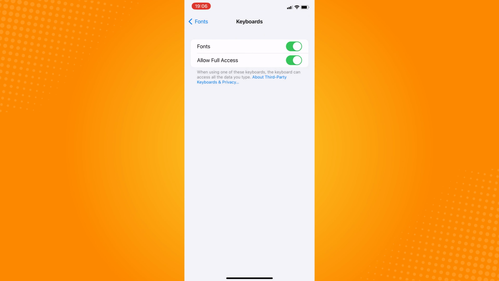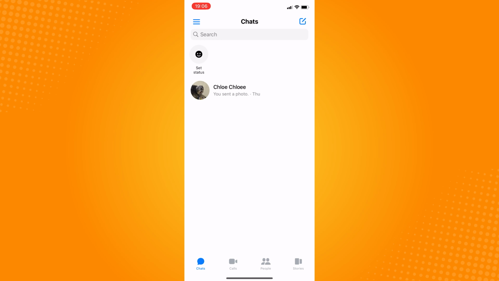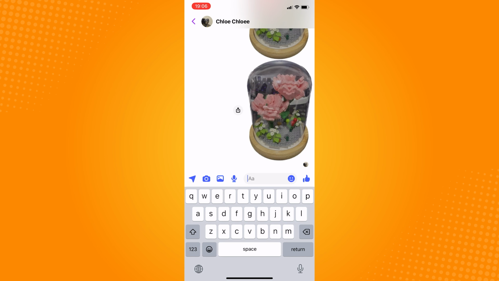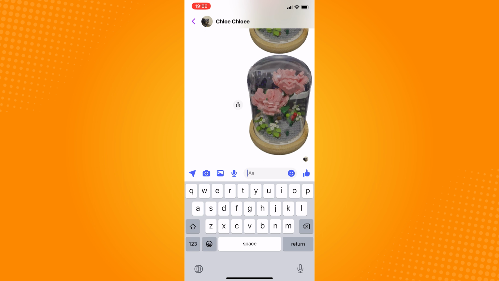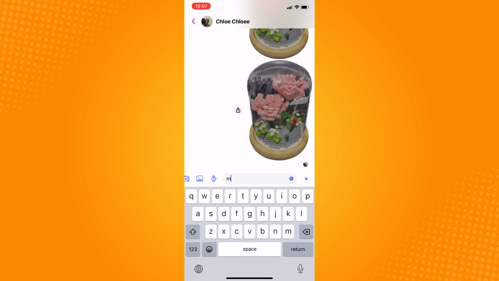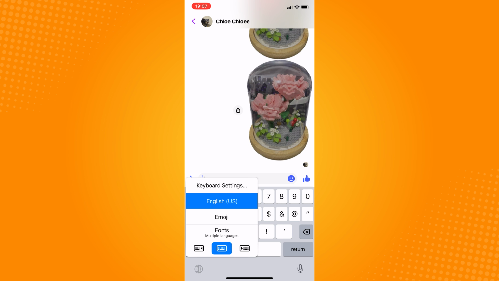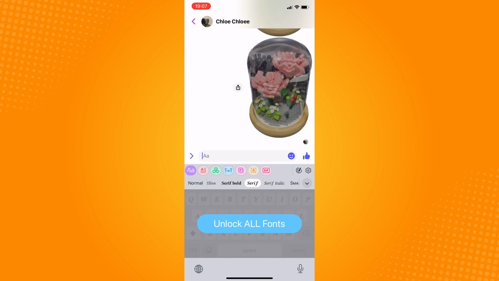Now go to any application that displays and requires a lot of text. In my case, I will go to Messenger. I will click on the type bar. After that, hold on the globe icon here on the bottom left, click on Fonts, and as you can see,